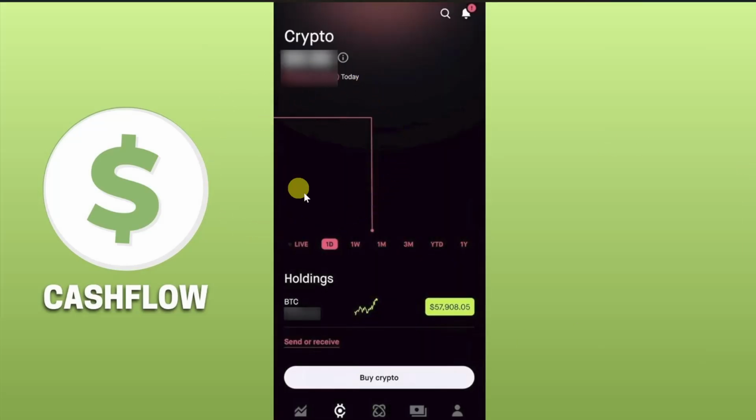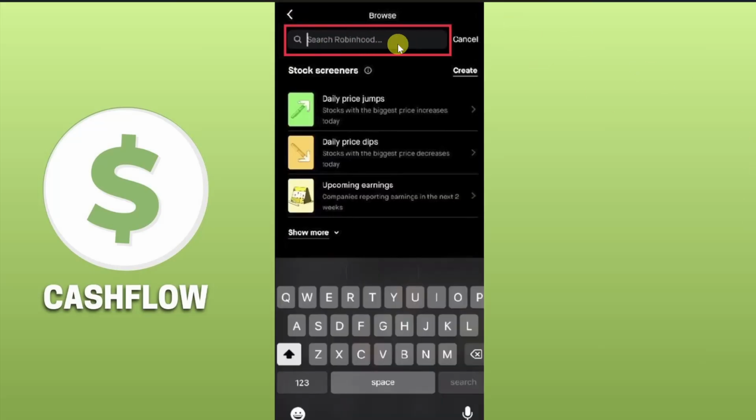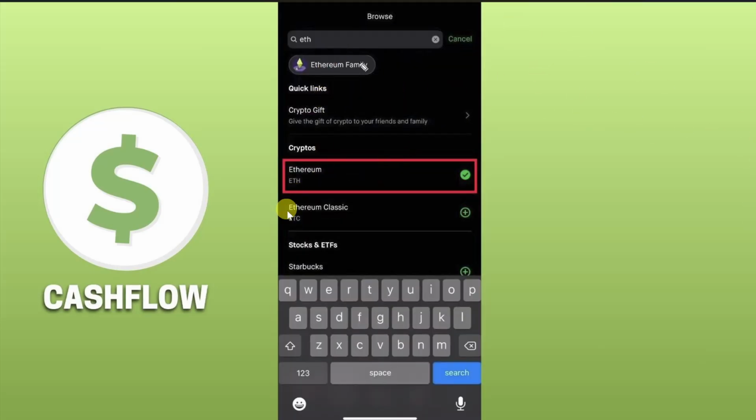And on this screen, you will be able to see all of the cryptocurrencies that you currently have under this holding tab. So you can simply click on the cryptocurrency that you want to transfer from here. Or you can also use this search icon to search for the cryptocurrency that you want to transfer. So just tap on the search icon and type the name of the cryptocurrency that you want to transfer, and then select